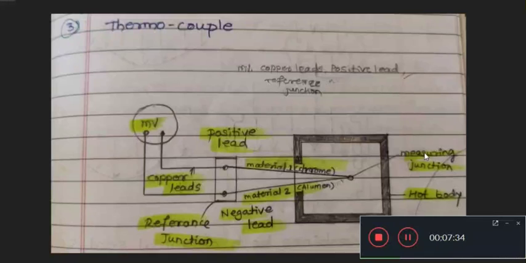One is known as the reference junction with a zero temperature, as shown in the figure. When the current passes through the circuit, it represents the EMF generator, and thus the EMF generated is proportional to the temperature difference, and thus we can easily find out the temperature by using an instrument known as the thermocouple. This is what we have already studied.